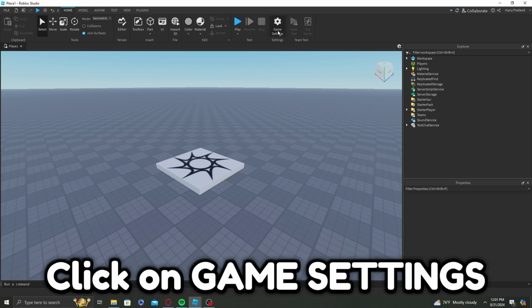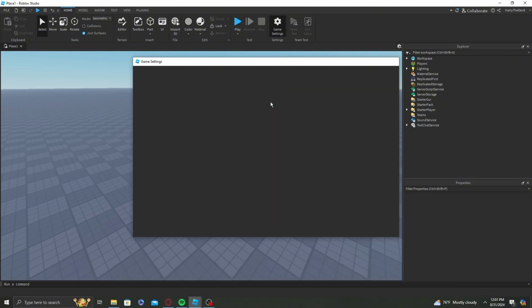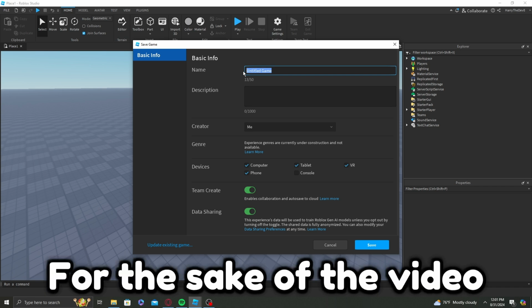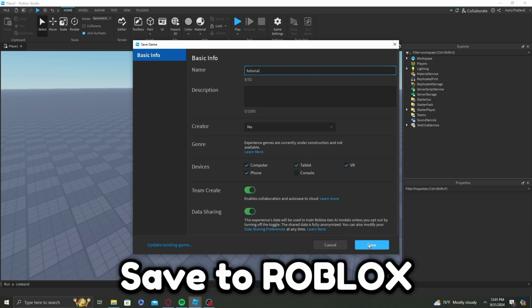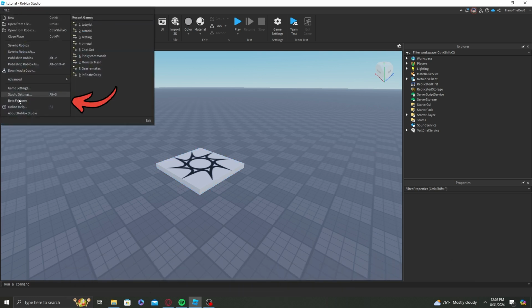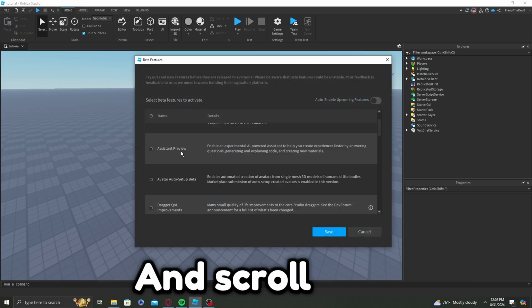First, click on game settings and save to Roblox. You can call this whatever you want, but I'm just gonna call it tutorial for the sake of this video. Then save to Roblox. After you're done with that, you're gonna head over to File, Beta Features, and scroll until